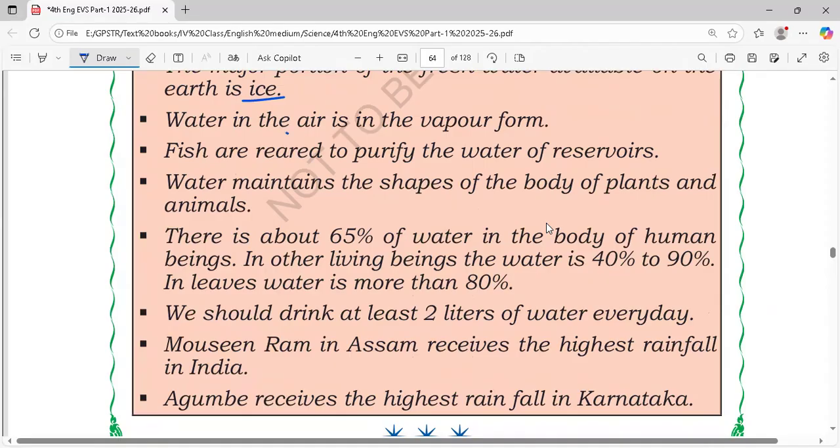Fish are reared to purify the water of reservoirs. Rear means